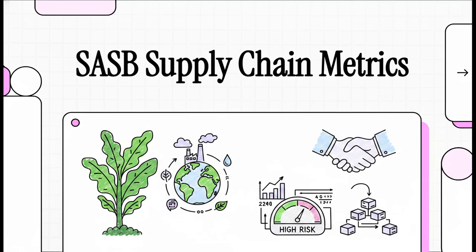Welcome to this explainer. Look, if you're involved in sourcing, procurement, or sustainability, you probably already know a really hard truth. The biggest risks to your business usually happen completely outside your direct operations. So today, we're breaking down exactly how to standardize and actually measure the environmental and social risks hiding in agricultural